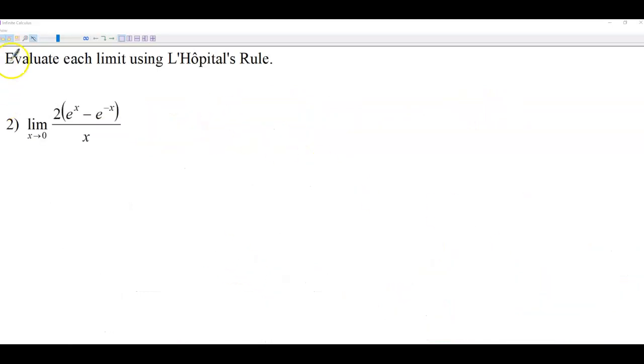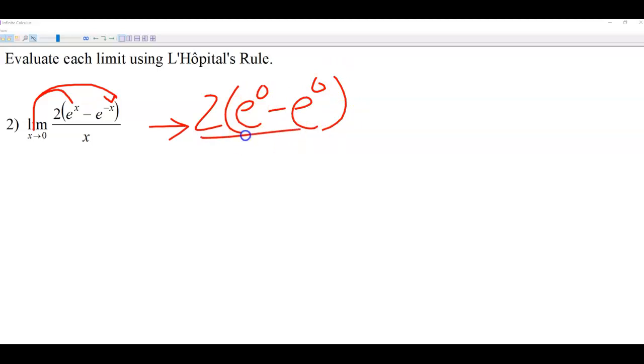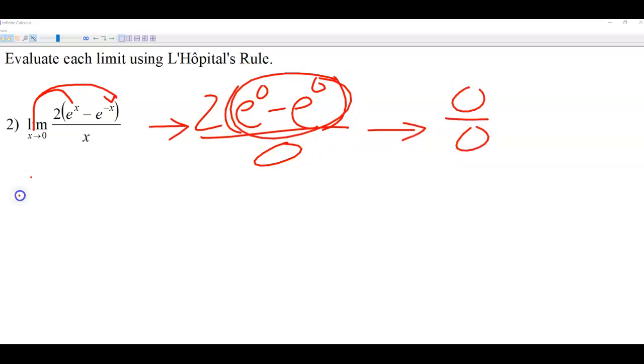Okay, so let's go and take a look at another problem here. We're going to apply the limit to each of these pieces on the inside just with direct substitution. And so we're going to end up with 2 e to the 0 minus e to the 0 over 0. And these cancel to make 0. So once again, we're just left with 0 over 0. No surprises there. So therefore, by L'Hopital,